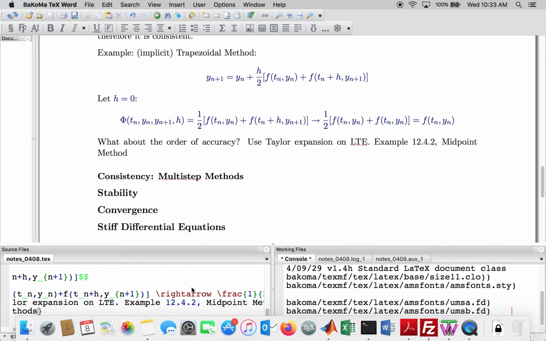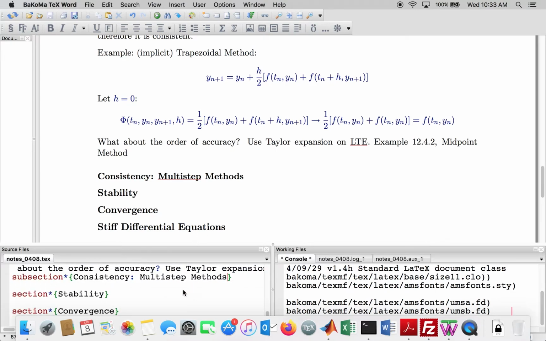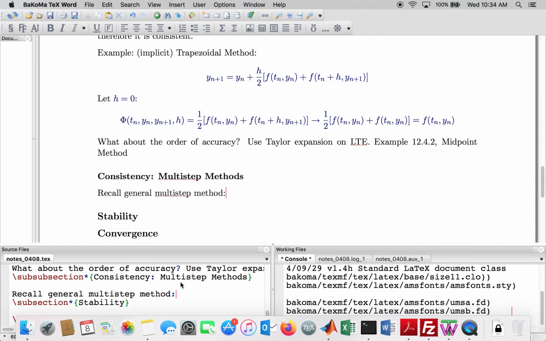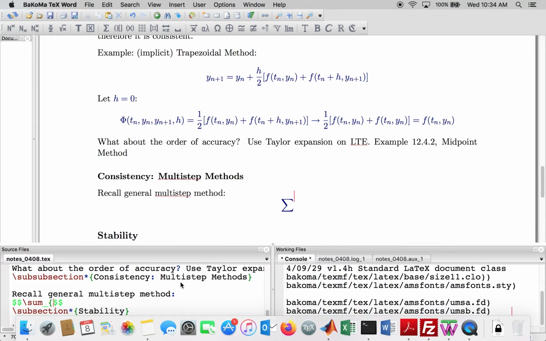So if you look at the general form, we have a sum on the left and a sum on the right, so the sum for an m-step method is equal to h